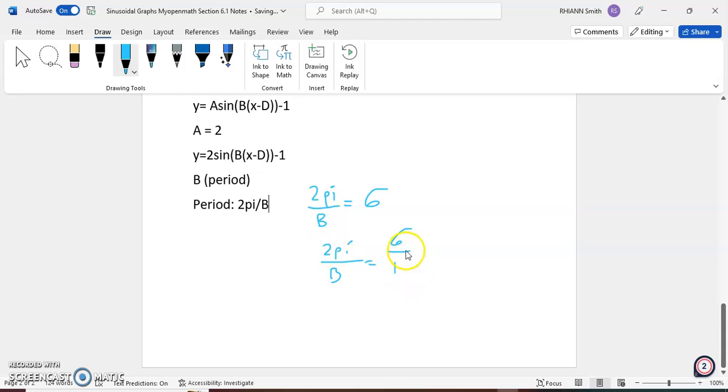So 6 times b will be 6b over 6. I'm sorry about that. Over 6, which will equal 2 pi over 6, making our b equal,